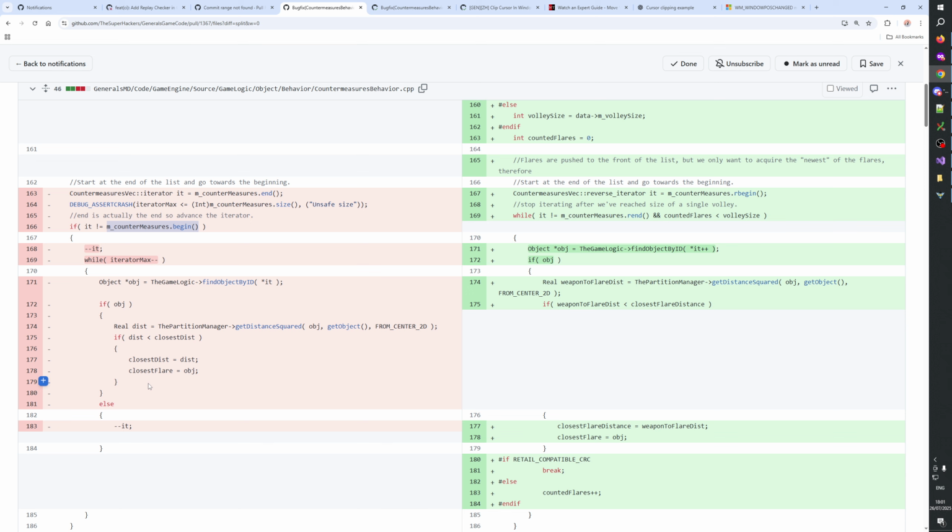So to me it looks like the fix here is removing this. No, because the loop is here. I see.